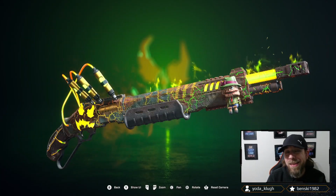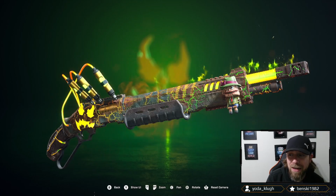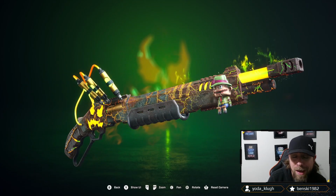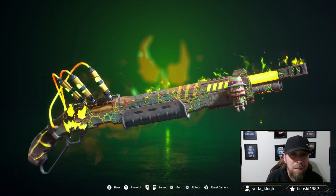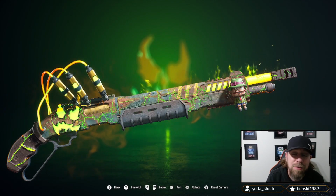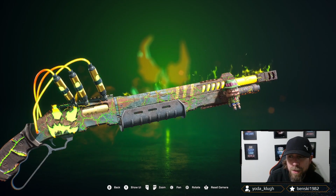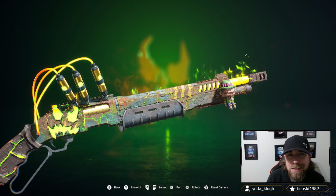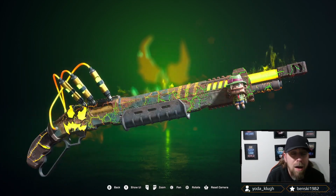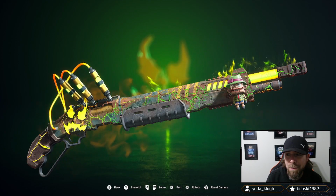Now, whether or not this doll is worth purchasing, I'm going to leave that completely up to you. Now, for me, if I was solely looking for a weapon doll, I would not buy the comic book solely for the weapon doll itself, because it is $5 US. And that's quite a bit of money for this little trinket that you don't really see when you're playing in game. But if you're an avid comic book collector or comic book reader, I would say that it probably is worth it,